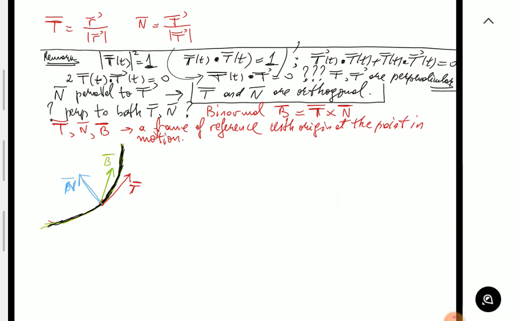Okay, right? So any two pairs are perpendicular to each other, so they form this frame of reference. Again, just to recap, T indicates where you go. N indicates where you turn. What does B indicate? Well, it has different uses, but the most intuitive one I can tell you is that